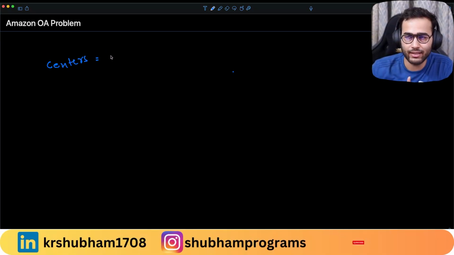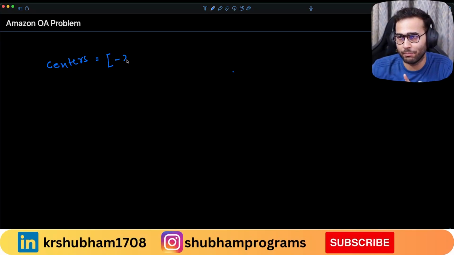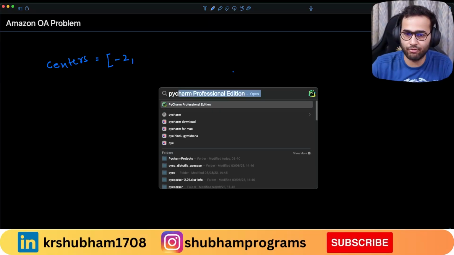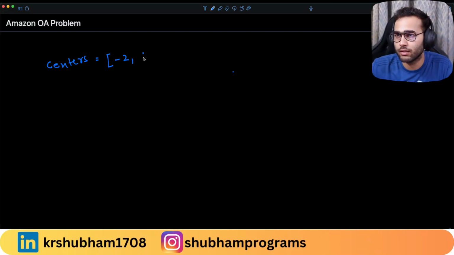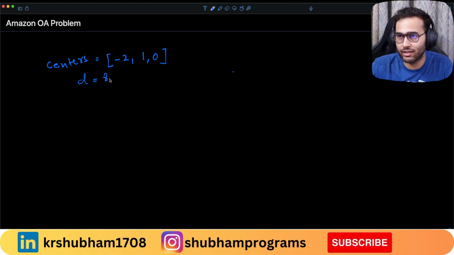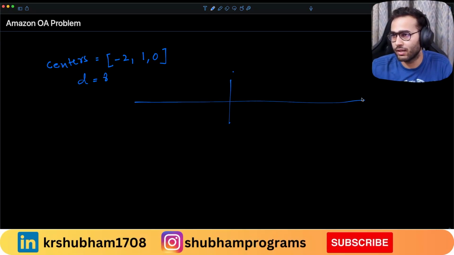So you are given an array called centers. For example, let's consider the case. The values are -2, 1, 0, and D is given as 8. So what does this mean? Let's say we have a number line. This is 0, this is 1, this is -1, this is -2,